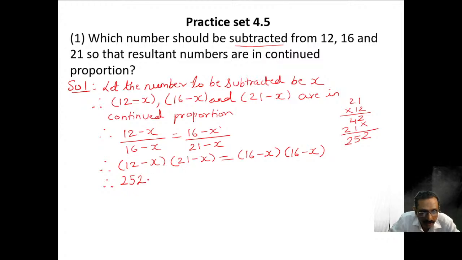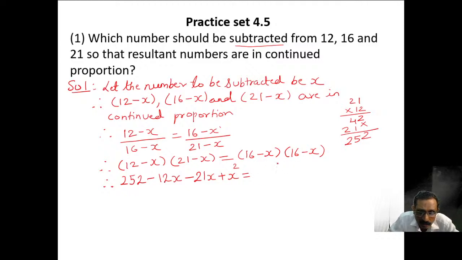Minus 12 into x, this minus sign, 12 into x gave me 12x. Now let's solve this. This part is over with this bracket. Let us take this. What we have over here is minus x. Now we will multiply this minus x with this. What we have is minus 21x. Minus into minus gives me plus. x into x gives me x square, which is equal to